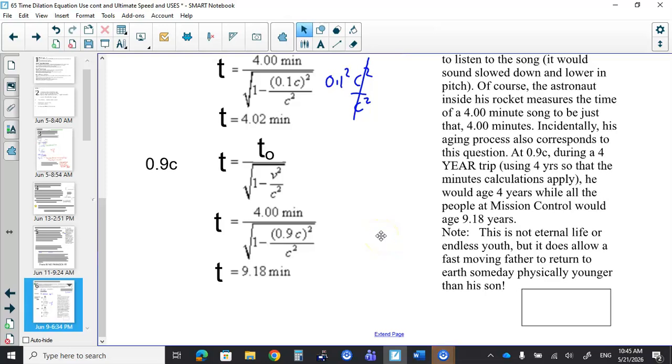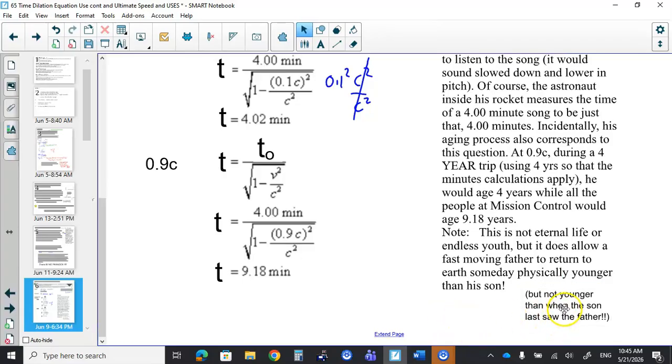Like if the son was 2 years old, and then the trip happens, and it's a 10-year trip, but that experiences 20 years for the child. The child's going to be 22, and the father was... all think of the numbers there. The father's aging slower than the son, right? So you have to just think of how the numbers would work there.